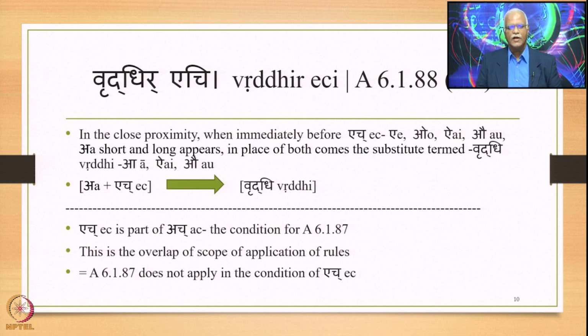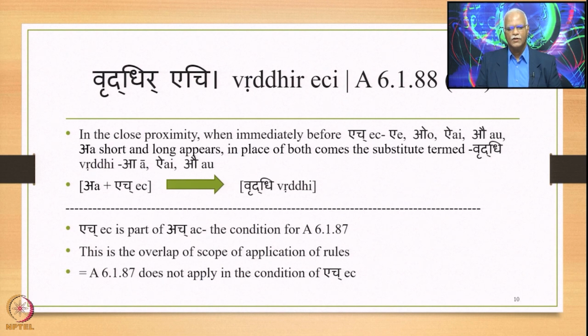So 6187 has a scope of application which includes E, and 6188 also has a similar scope of application. Albeit we note that 6188 has a scope which is part of the scope of application of 6187. So this overlap of scope of application of rules